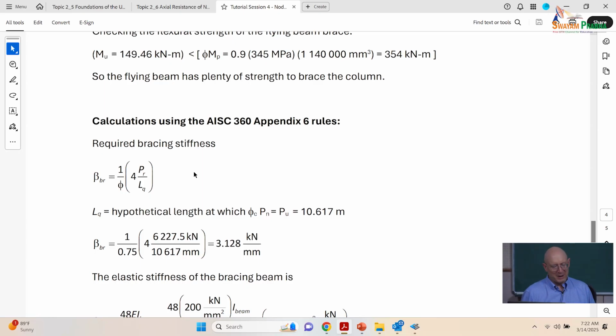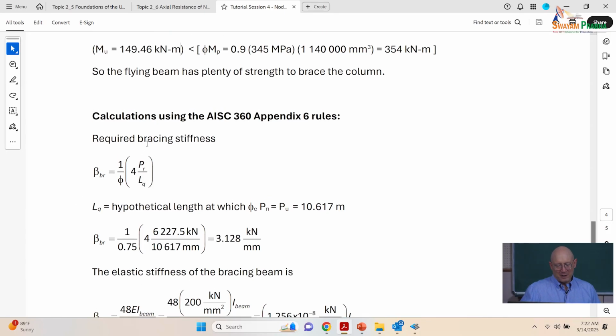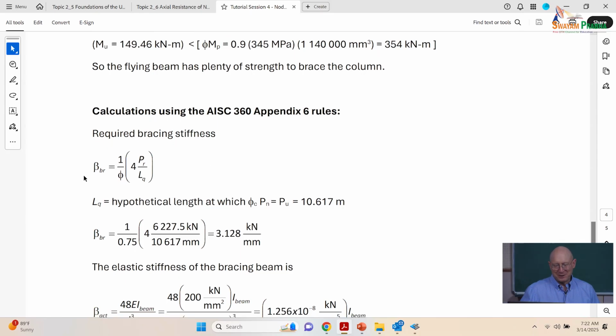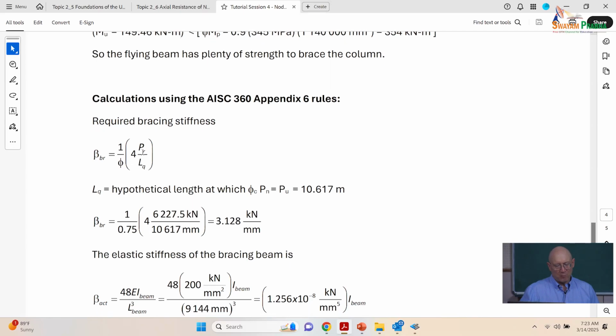But for this basic case with a single point brace at the middle, it works out when you do all the refinements. The point brace basically needs to have twice the stiffness and it takes twice the force. Okay? And so what you get with the commentary refinements in Appendix 6 is your required bracing stiffness,